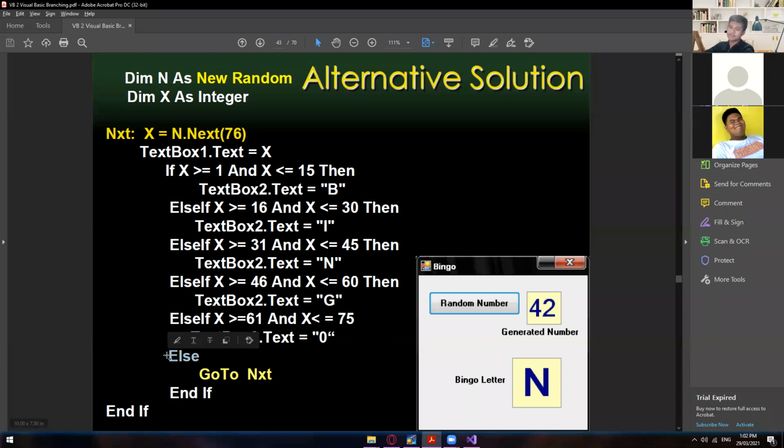That is why we have the else statement right here, so that just in case it gave you a 0 value, it will go to next. It will just go back to this line, and then it will generate again a random number until it falls between 1 to 75. All right,